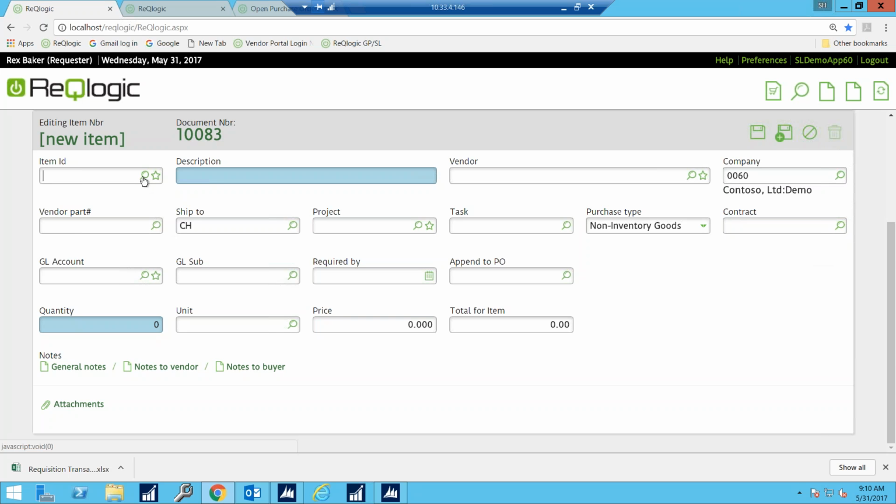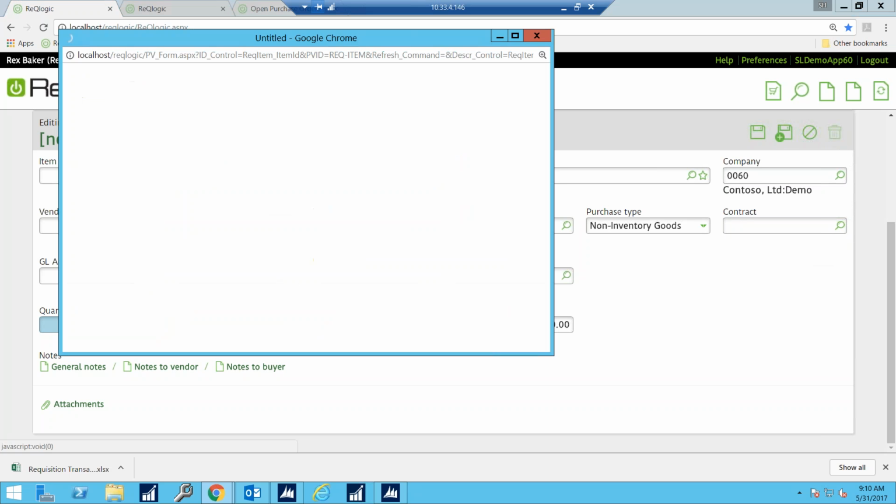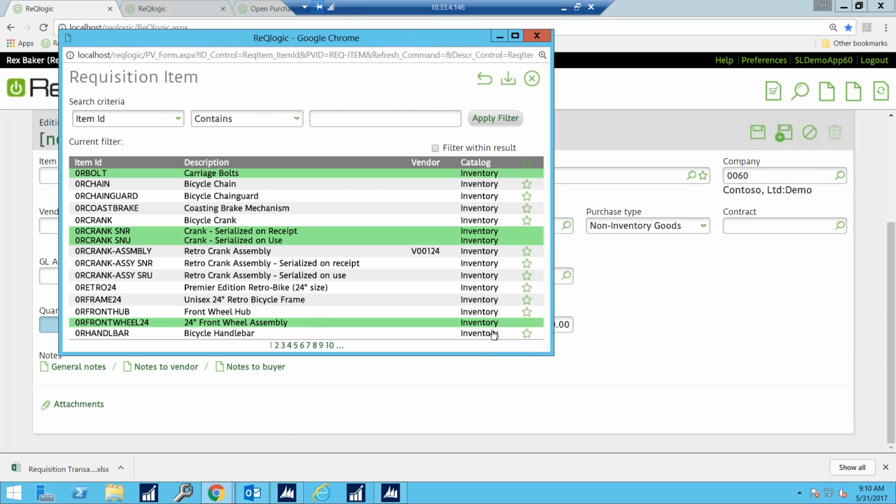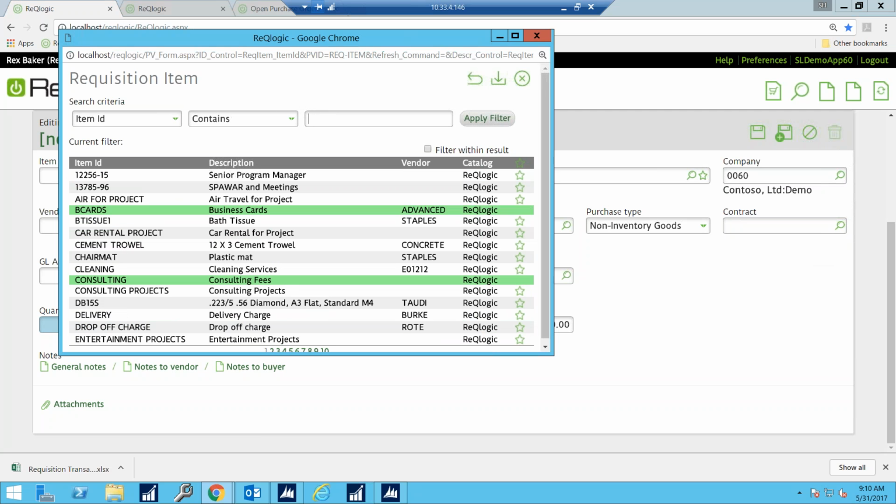Now, anywhere you see a little lookup window, that's a drill down. And what you're drilling into is contingent upon what field it is you're drilling from. So, for example, here, you're going to drill into the SL chart of accounts. Here, you're going to drill into either the SL inventory files, if applicable, and you're utilizing them. And if not, you can